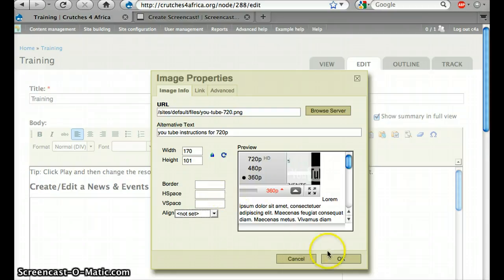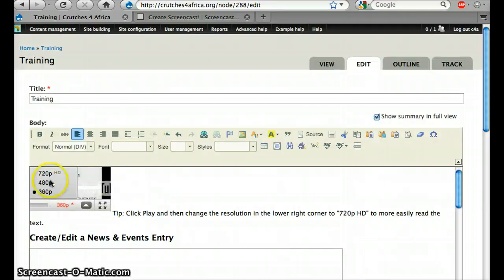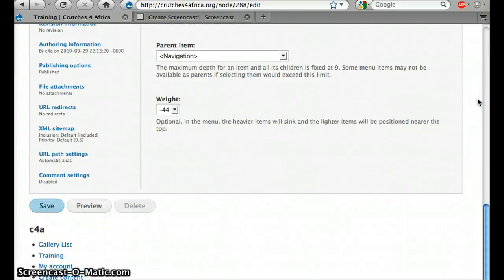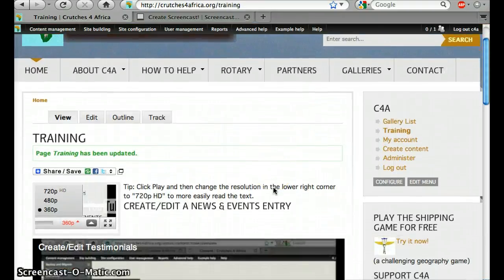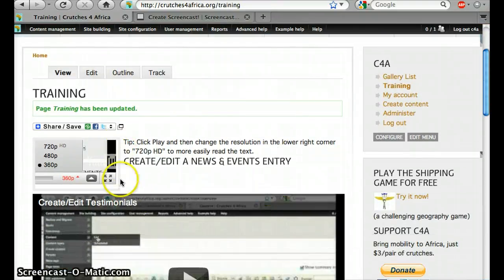You can play around with the rest of them as you need, and click OK, and sure enough, here we have the image right in the site. Once you click on it, you can do some other things. Say if you wanted to resize it, you can do that right in the site right there. And let's click save and see what this looks like. Okay, pulling that up, you can see that the image is in here, and faintly there's a little gray border